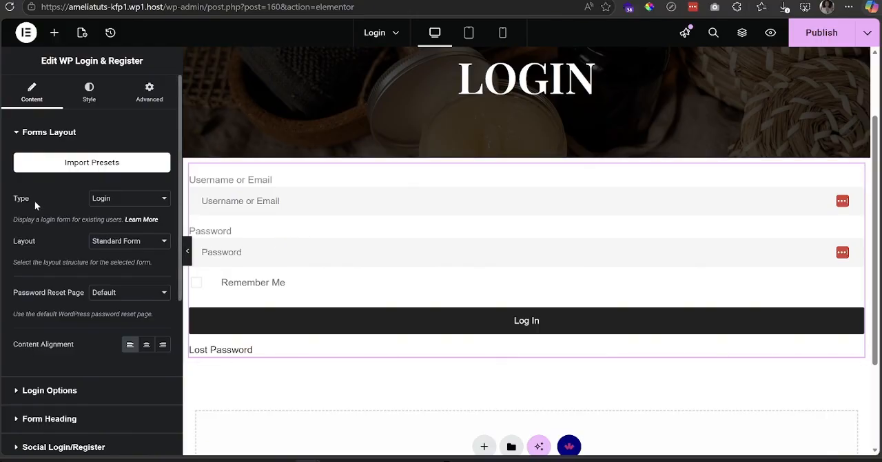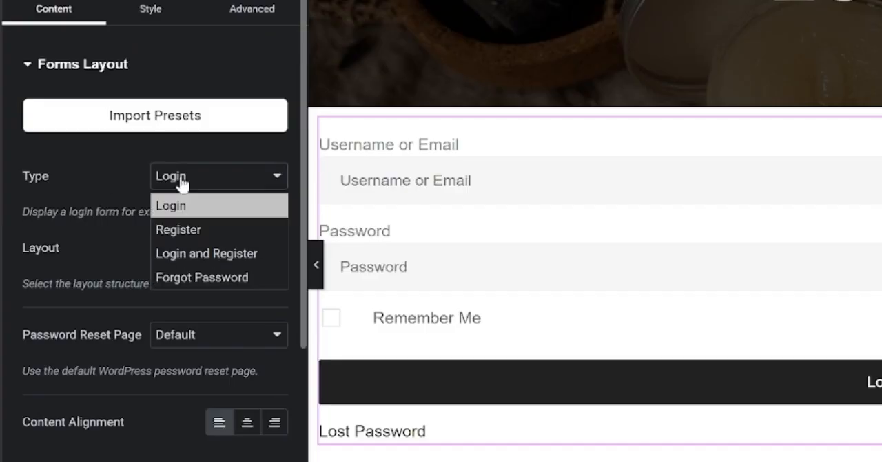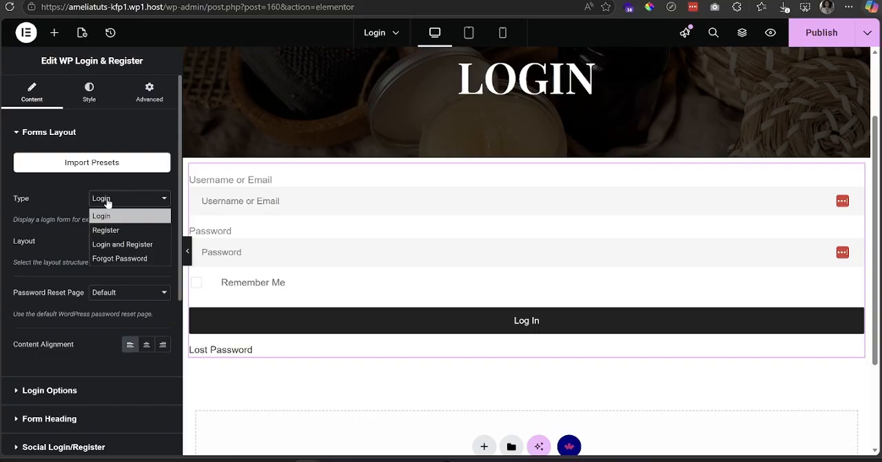So the first thing you need to note that right here underneath the type, if we just drop this down, you see that you actually have a few different options. You can either just do strictly the login, you can do strictly the register, or you can even do the login and the register, which is going to be super important. And then you also have the forgot password, which you can create this as a single page or a different